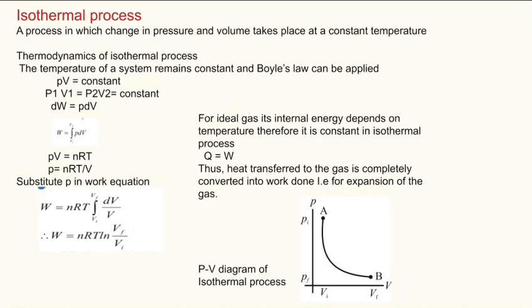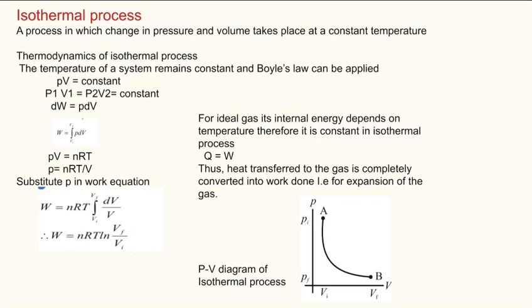We already know the ideal gas equation, as I have already stated that we are going to use only ideal gas. Therefore PV is equal to nRT. So we can substitute P is equal to nRT by V in the work equation. So W will be the integration of nRT by V dV. nRT are all constant, as this is an isothermal process and temperature is constant, so nRT is moved out of the integration sign. Integration of 1 by x dx will give you log of x, therefore 1 by V dV will give you log of V. Substituting the final and initial values, you will obtain W is equal to nRT log of Vf by Vi.